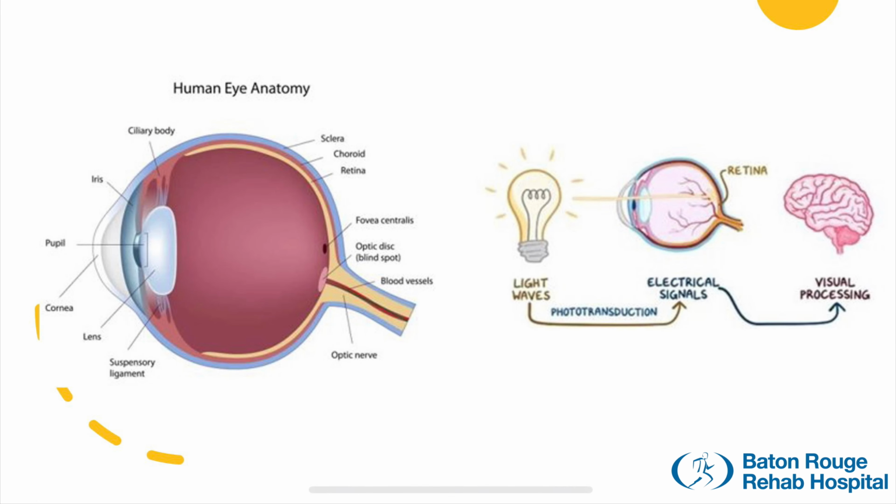Now that we understand how the eye is able to move, we will next discuss how the eye functions to produce visual images that we can recognize and then act upon. It is important to note that all visual images initially begin as waves of light. The eye contains many structures that work together to allow specific amounts of light to enter the eye. First, light enters through the front transparent part of the eye known as the cornea and is directed towards the